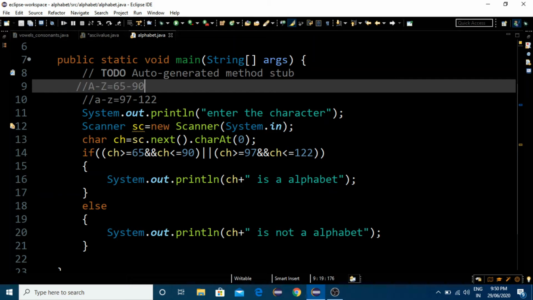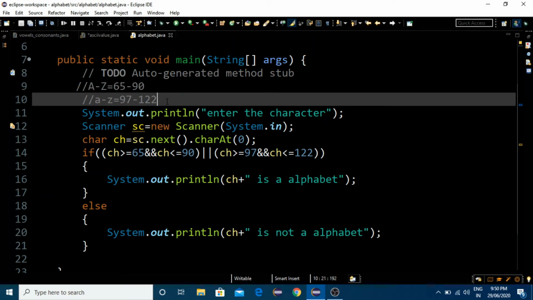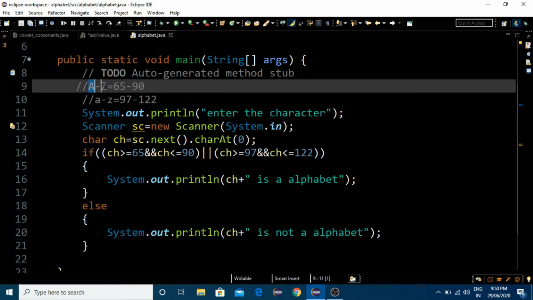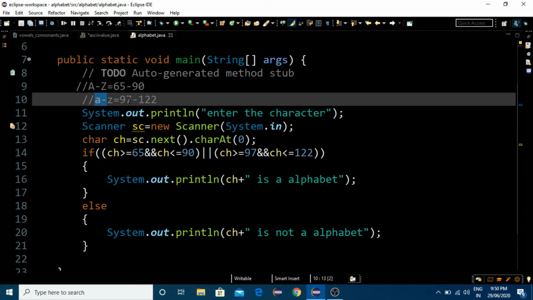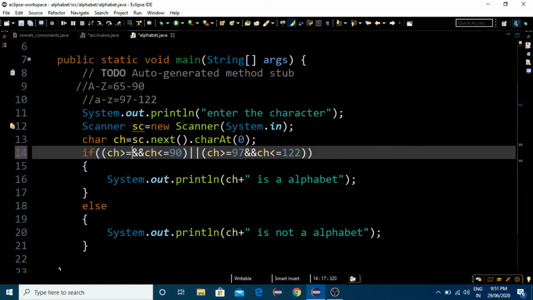Let me do it by alphabets, that is by using small a to small z and capital A to capital Z. Just remove the ASCII values, that is 65, and give capital A. Here I will give capital Z. Here I shall give small a and small z.